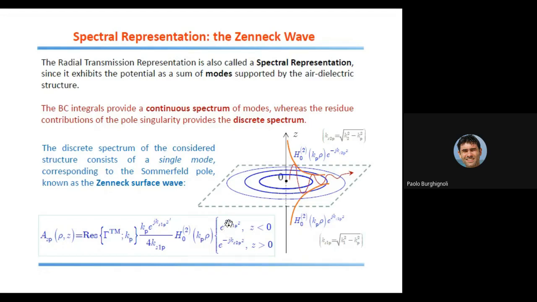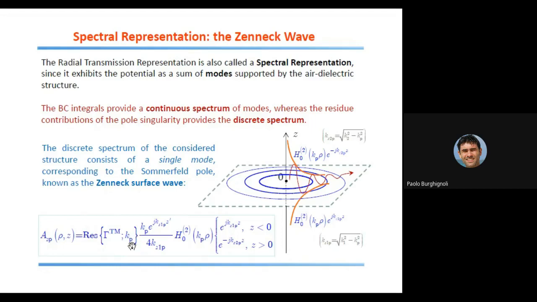And then you have the exponentials that give you the decay in both the upper positive direction of the vertical axis and in the negative direction of the vertical axis. The amplitude of excitation of this Zenneck wave is, of course, proportional to the residue of the integrand at the